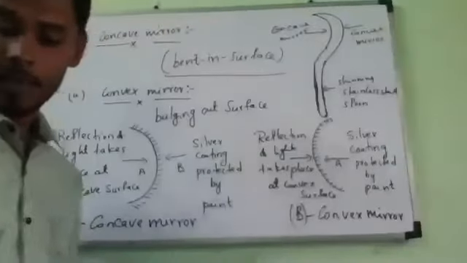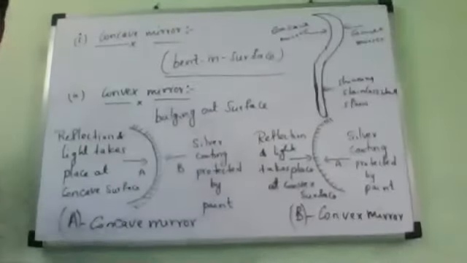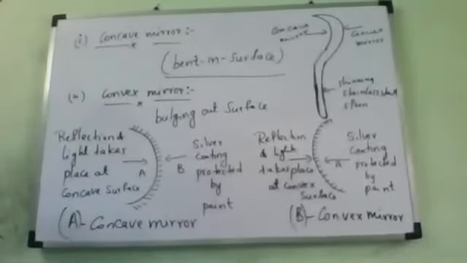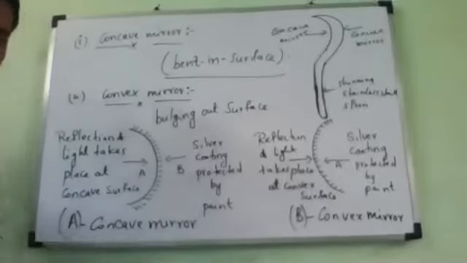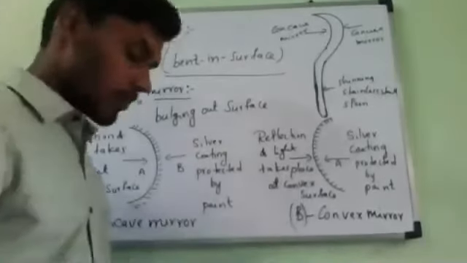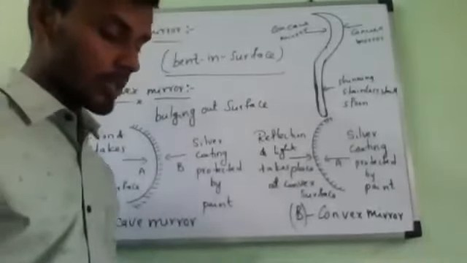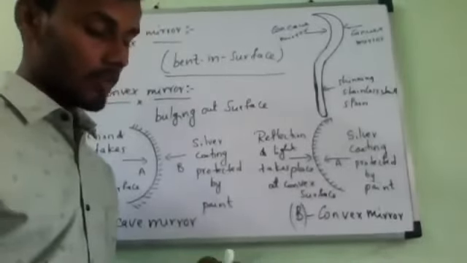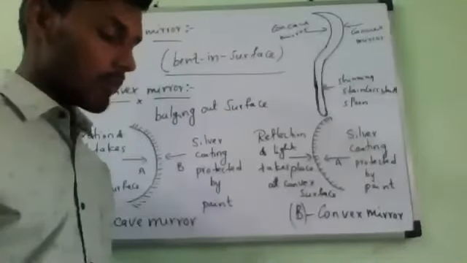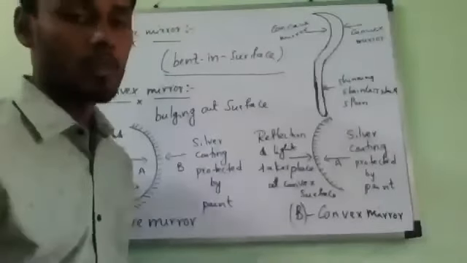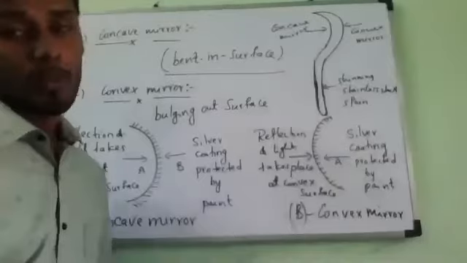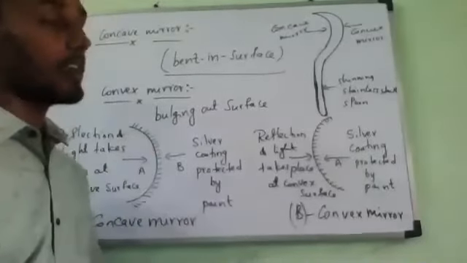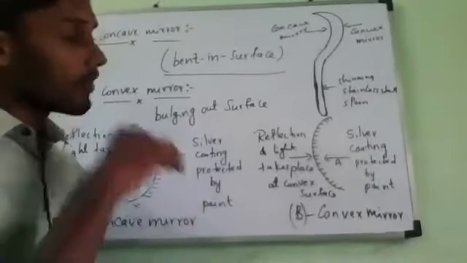Completed? Once you have completed, what we are going to study is the terminologies we use in this topic, like radius of curvature, center of curvature, what is focal length, what is principal axis, and all. We are going to study them now. That is the most important. If you understand that perfectly, then only we will go further. Do it, all of you.